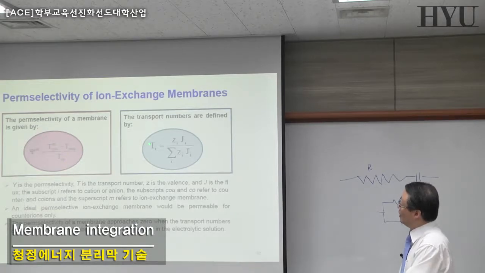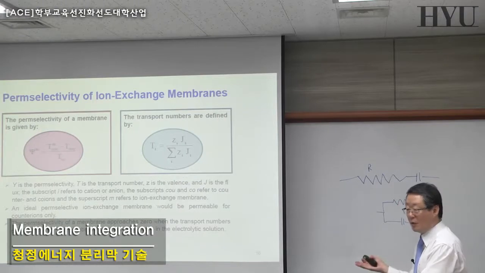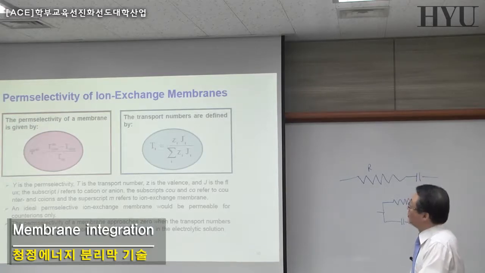Now Ti, the transfer number, is defined by Zi and Ji. Ji is the flux of your ions, whereas Zi is the valence. Valence means if you have monovalent or bivalent or stuff like that. And Ti is the transport number of the i component